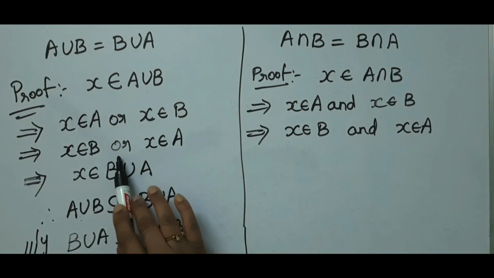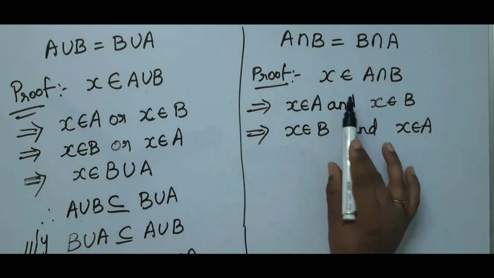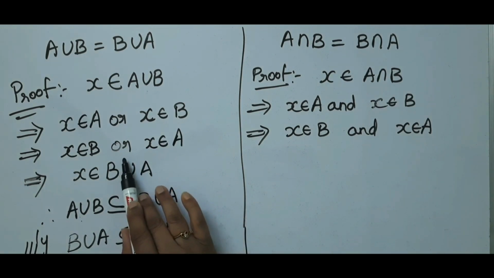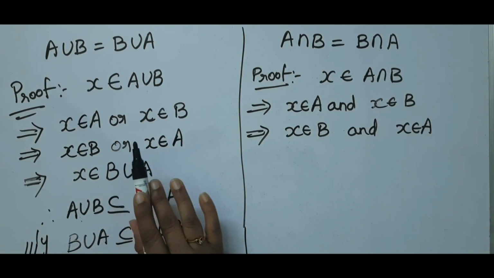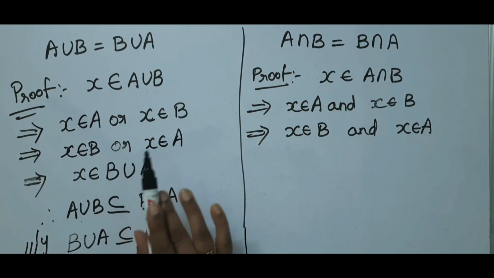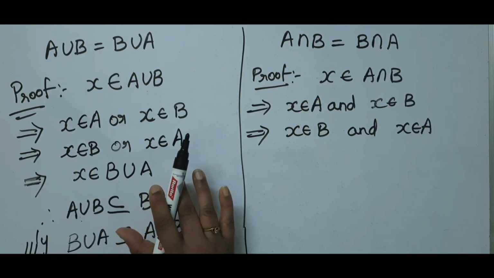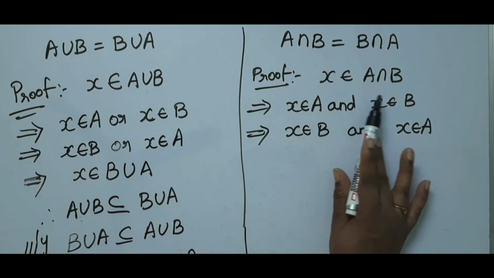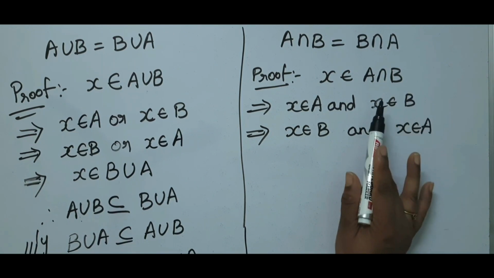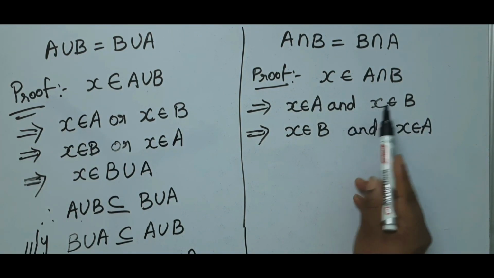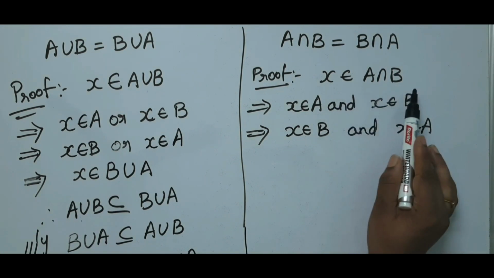Okay, in union we use the word OR, and here, as it is intersection, we use the word AND. This OR indicates that X can be an element of A, or X can be an element of B. So it is a combination of all the elements. This word AND indicates that this is the common element of these two sets. Intersection means the common elements. Is it not? So the word AND indicates that it is the common element of A and B.